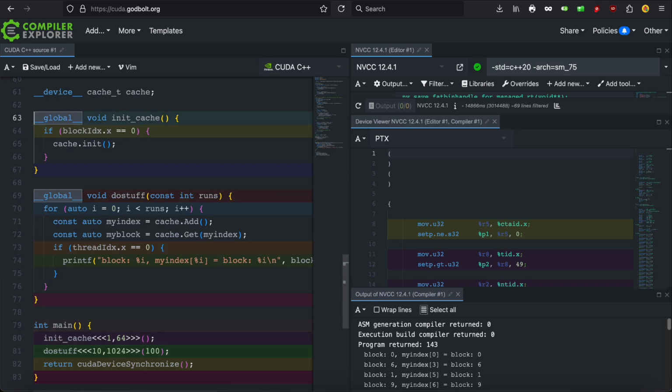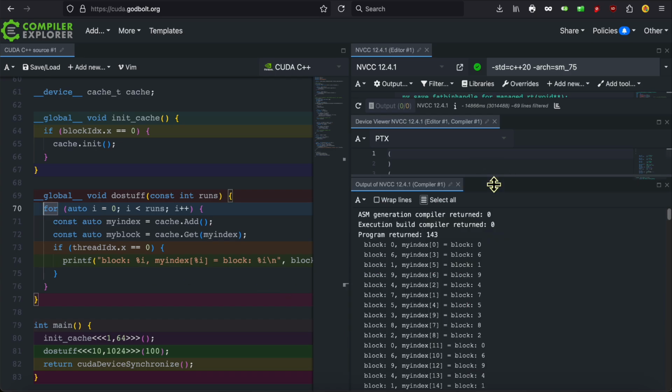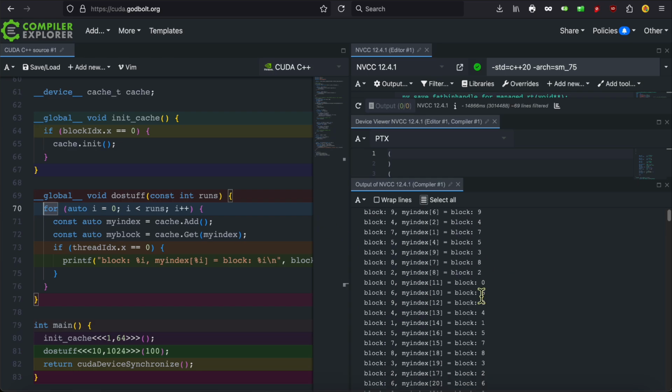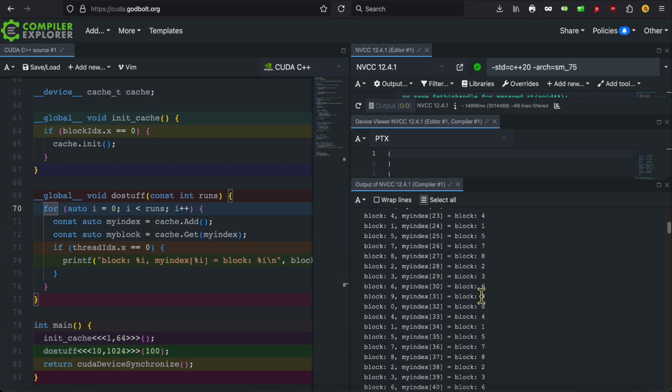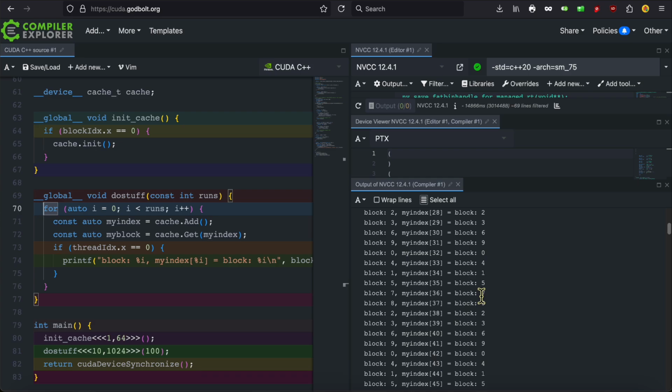Okay, so first initialization, and next we get to doing things. In this case, we run this for 100 runs, and we add items to it, get items out of it, and print some interesting stats. Let's have a look at the stats. Here you can see blocks get added, and these things are nicely kept out of each other's way. Also, very important, you did not see any deadlocks.